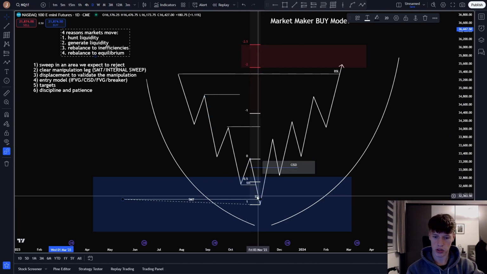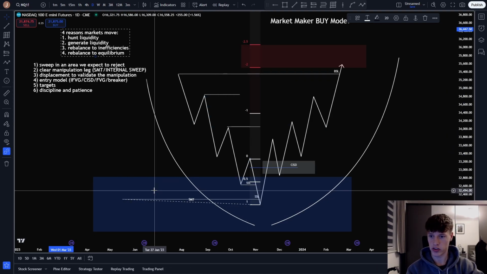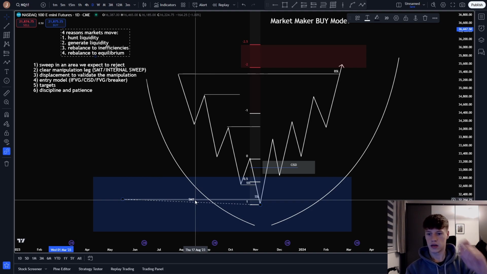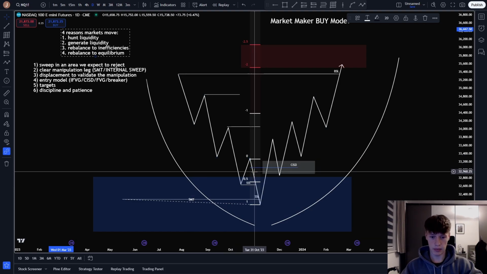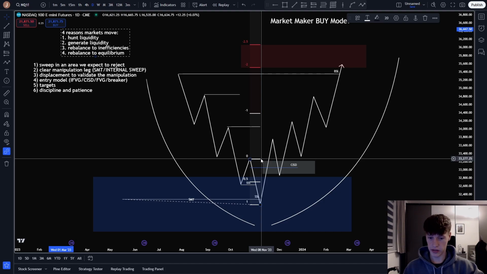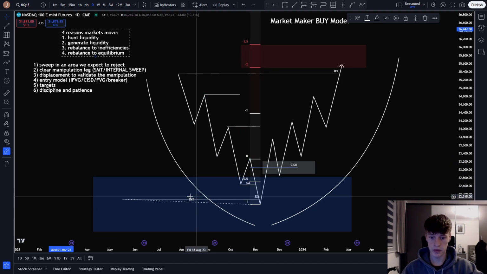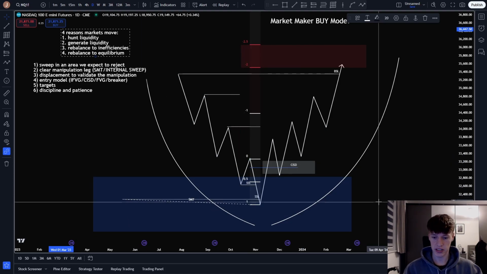And then price comes down into this area we expect to reject, and you want to see a clear manipulation leg. A manipulation leg can be taking an internal low, taking an external low, or putting in an SMT. Taking a random 1-minute low is not a manipulation leg. It must be the internal, external, or putting in an SMT. So right here, clear manipulation leg doing all three in this example, taking the internal low, taking sell side liquidity, and putting in an SMT